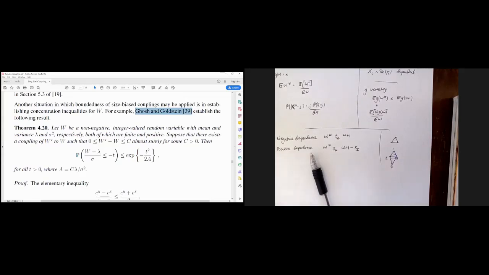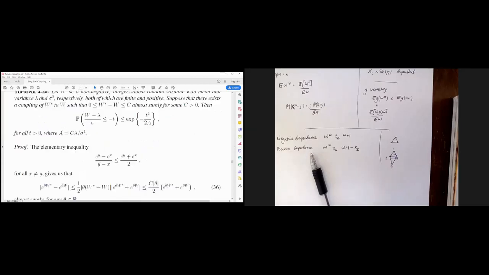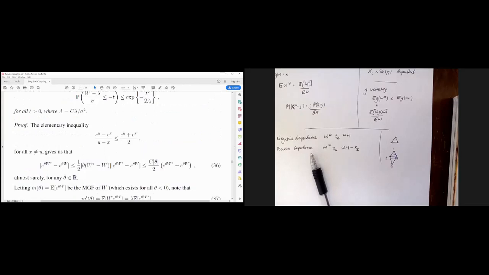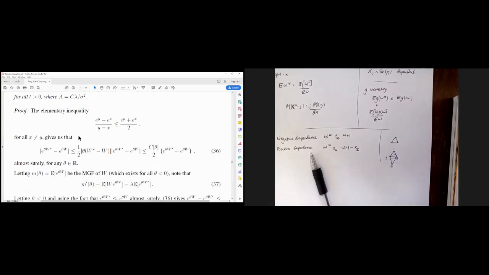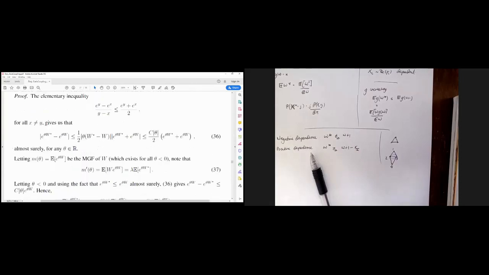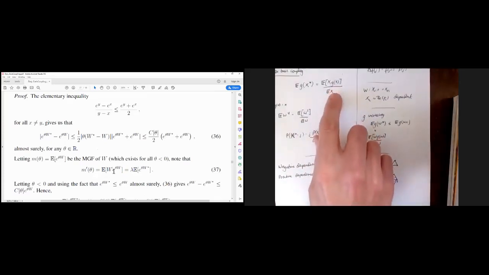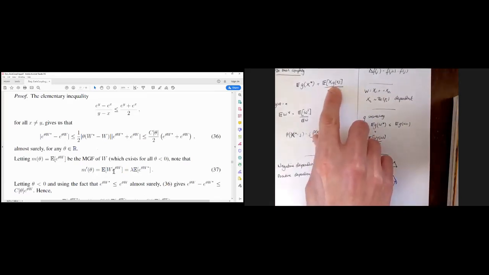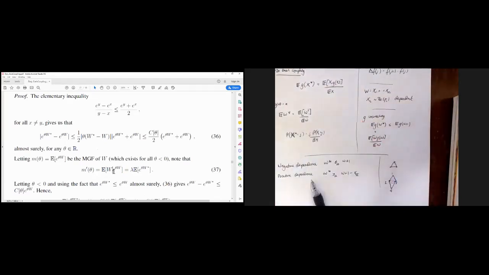But I can use moment generating functions to prove this, essentially by exploiting the fact that I can write the derivative of my moment generating function. The moment generating function is the expectation of e to the power theta times W. If I differentiate that with respect to its argument theta, this brings down a W, which then looks an awful lot like what I've got in size biasing. I've got a sort of W g of W type of term. So that's exactly